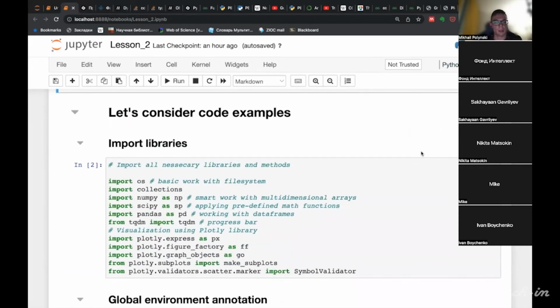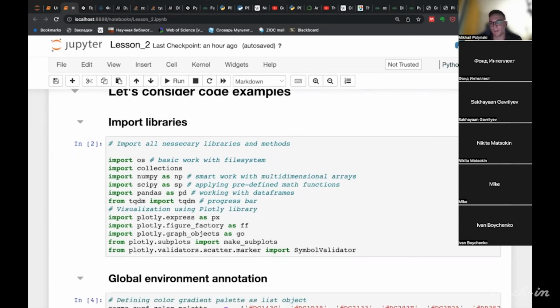And let's consider some code examples. Well, here I should beg for mercy of students with beginner skills, because we are going to use quite complex code, complex for beginners, right away.